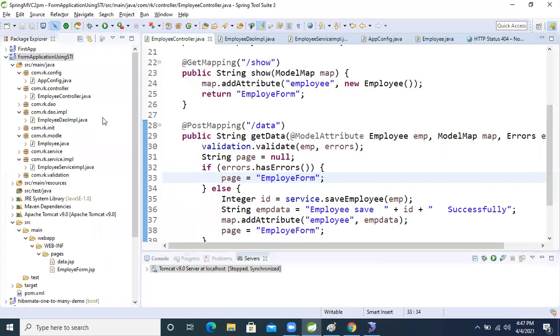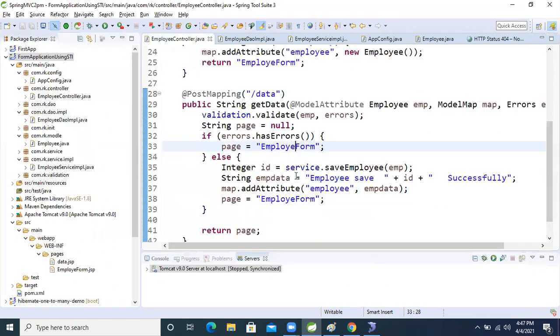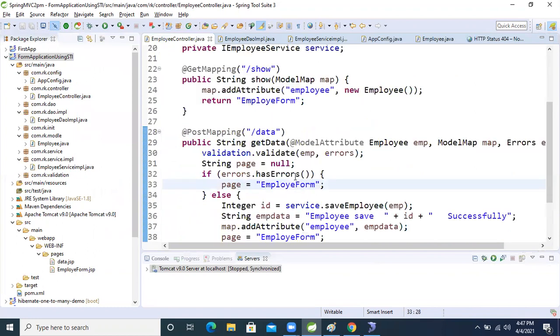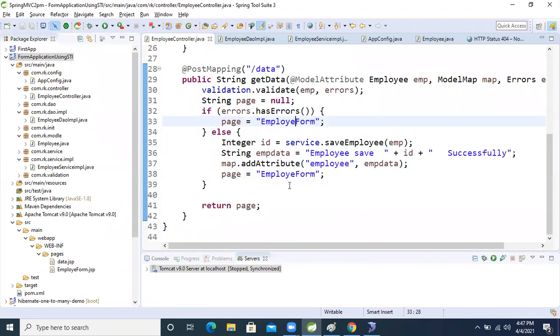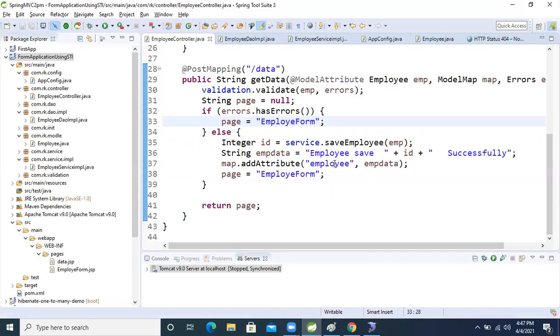So we make our project readable, not an ugly format. I'm returning the same employee form, but without error. If an error comes, we will get the red symbol on the browser. I'm returning the same page, and the message is